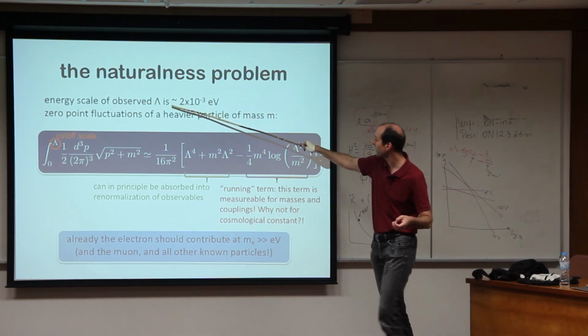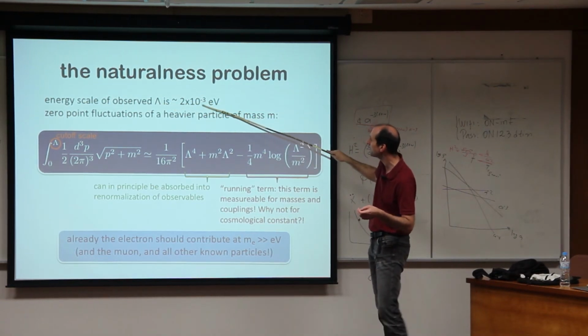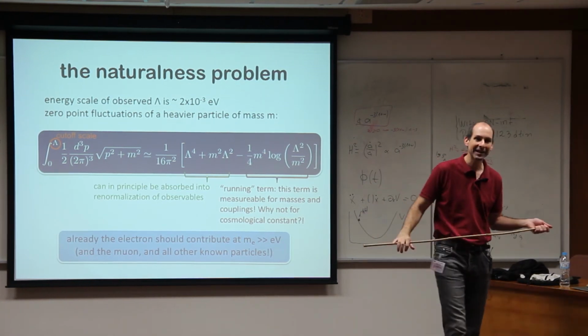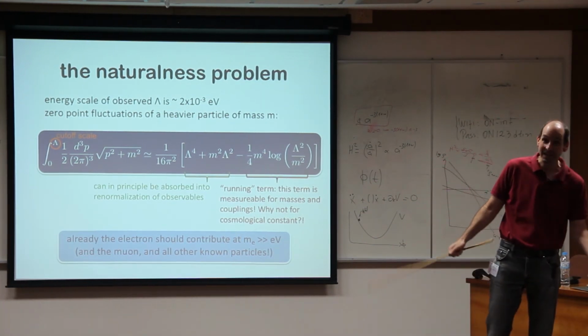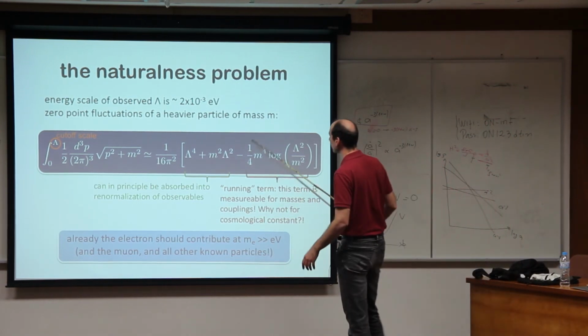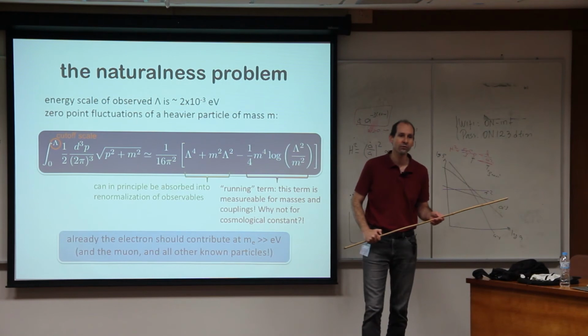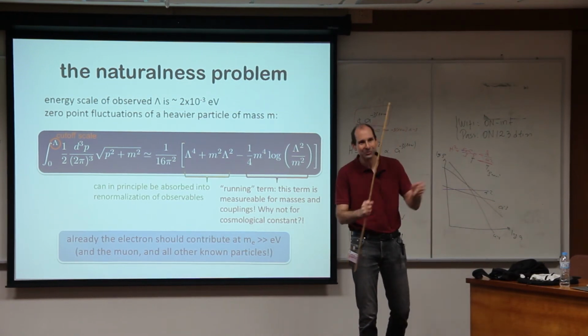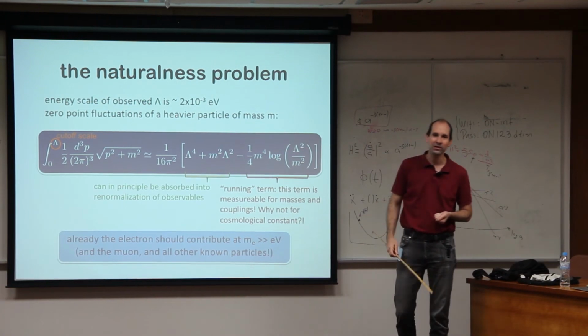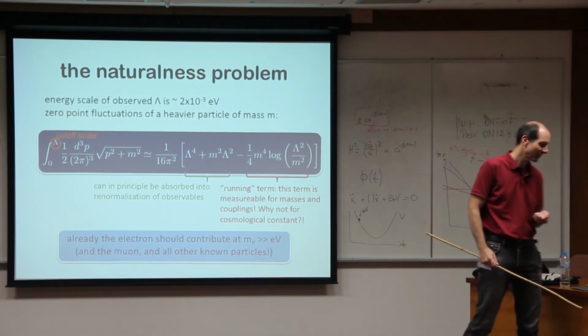And so the observed scale of the cosmological constant now is milli-electron volts. Electrons are half a mega-electron volt. The LHC is a tera-electron volt. And so all of these should give huge corrections to the cosmological constant that you have to fine-tune basically for every energy. So this is just considered extremely problematic.